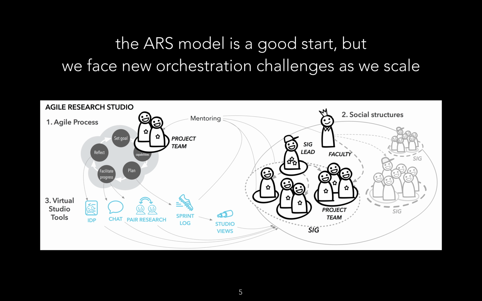So one of the things that we really saw was as the studio continues to grow beyond 20 students, the orchestration burdens actually continue to grow as well. So it becomes increasingly challenging to really coordinate all of the different support interactions that you're trying to distribute across the studio in a way that's really cognizant of the collective and individual needs that the students are experiencing and the resources that are available to those students.